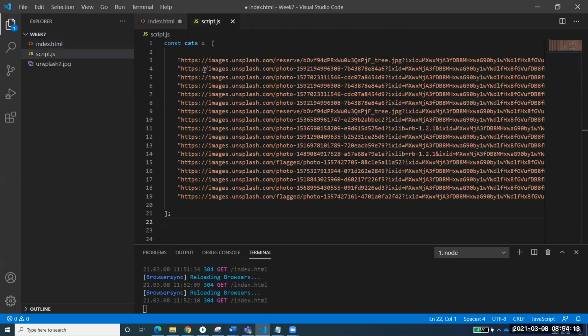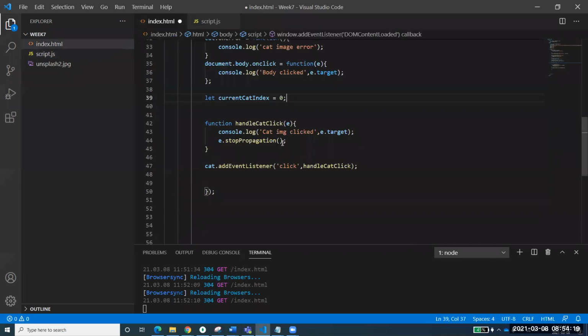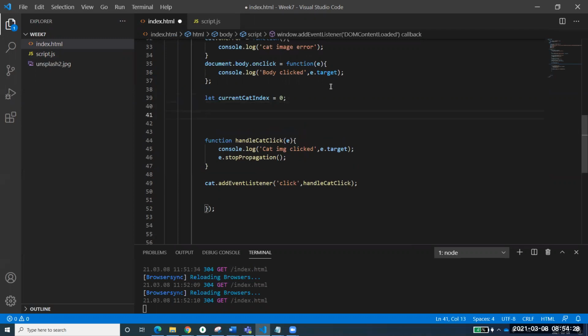All these will be stored in an array format: index 0, 1, 2, 3, up to whatever value it has. So current cat index should be equal to 0. And I want to make a function. What will this function do? Its name will suggest it, maybe next cat URL, like cat image URL.